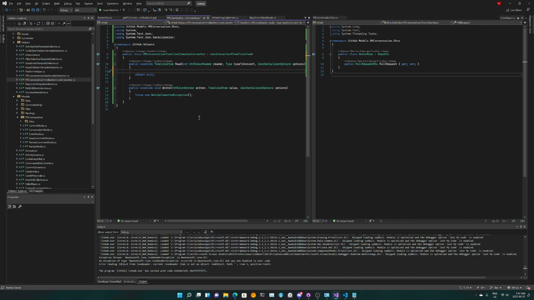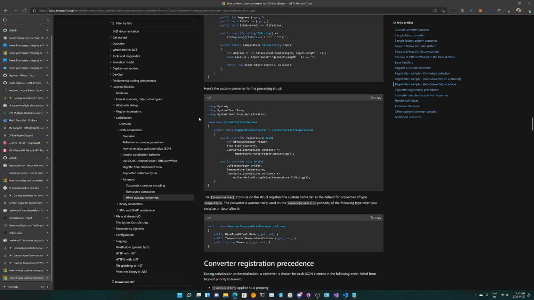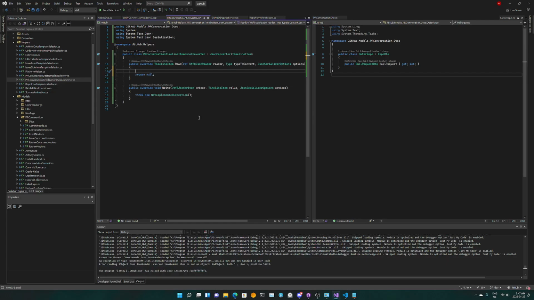But the thing we're actually gonna do is reader.GetString. Reader.GetString will basically get us the value. Yeah, sure. So value equals reader.GetString. All right, let's put a breakpoint over here and see if we can get any value.